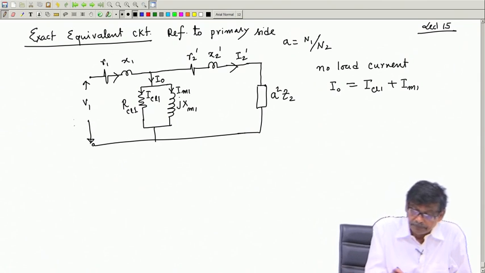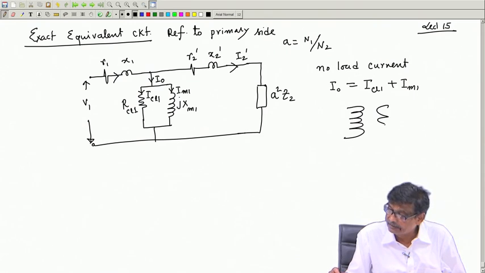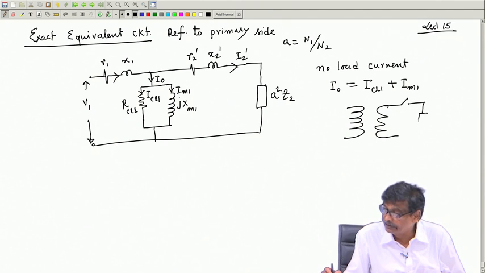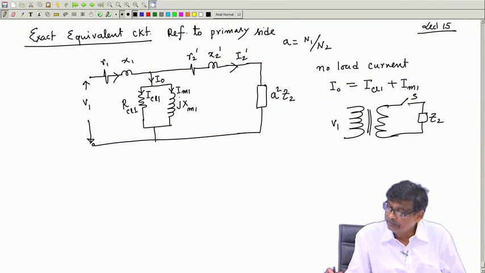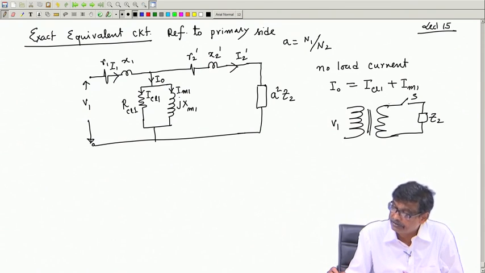Recall that this is the equivalent circuit of what? A practical transformer connected like this. So, let me put this figure also alongside. This is what I am examining. This is Z2, this is V1, this is your core material, and when this switch is opened, it is under no load. Open means infinite impedance. So, here A square times infinity is also infinity. So, this will be open, but then I1 will become equal to only I naught if I2 dashed is 0. This is I2.